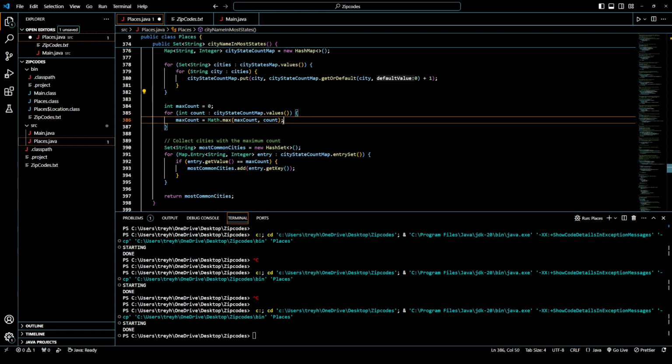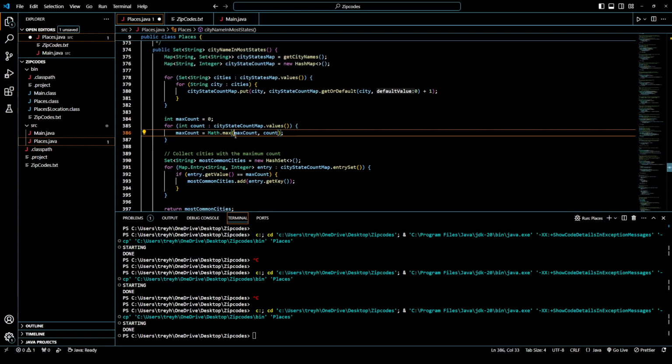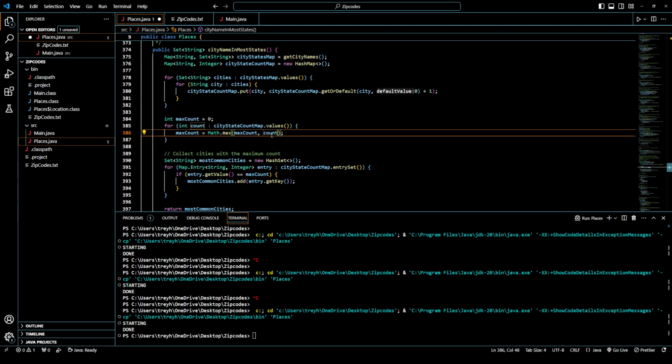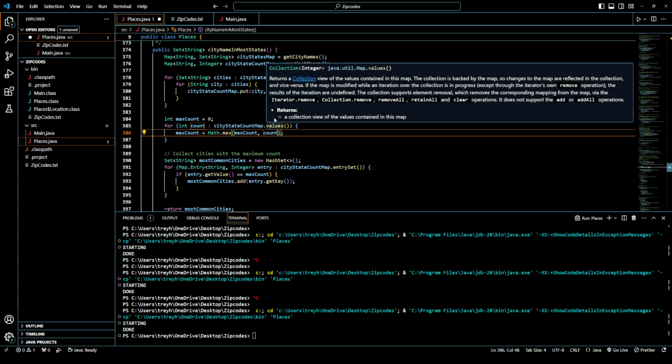Iterate through the count, see if the max count is higher. If the max count is higher, it's going to make the max count into the new